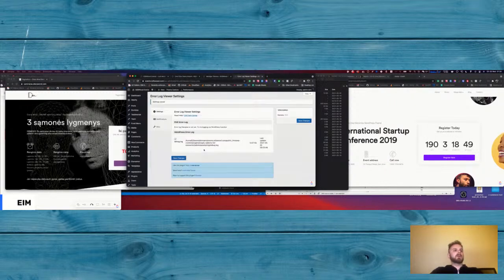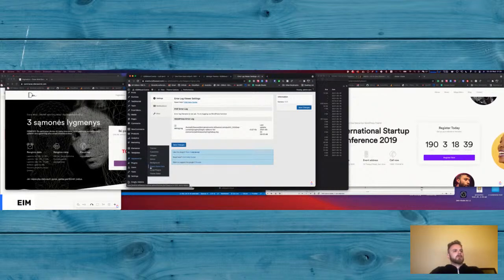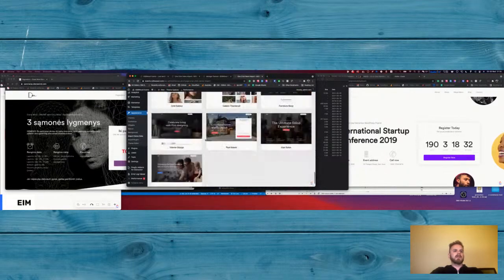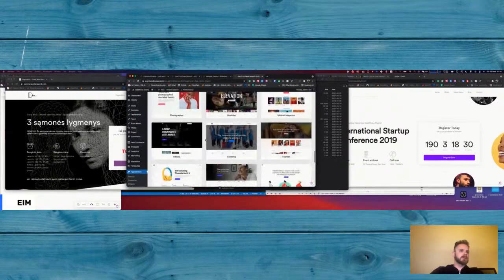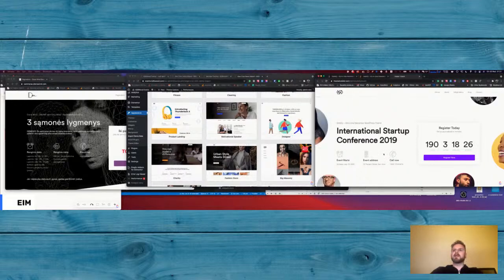Okay, so let's try to recreate the error and see if we see it in the error log. Drum roll, please. One of the many drum rolls during the day. Import demo data. Oh, fucking agent. Okay, so let's try to import the correct template, because then it downloads a bunch of pictures if we import something just for fun. What is this product landing?